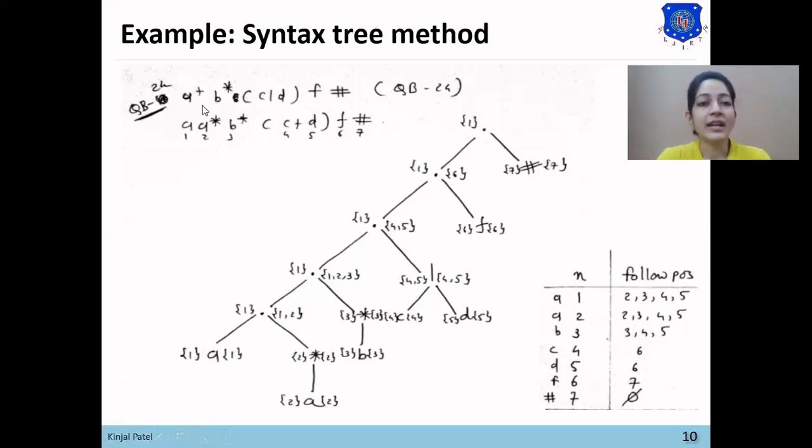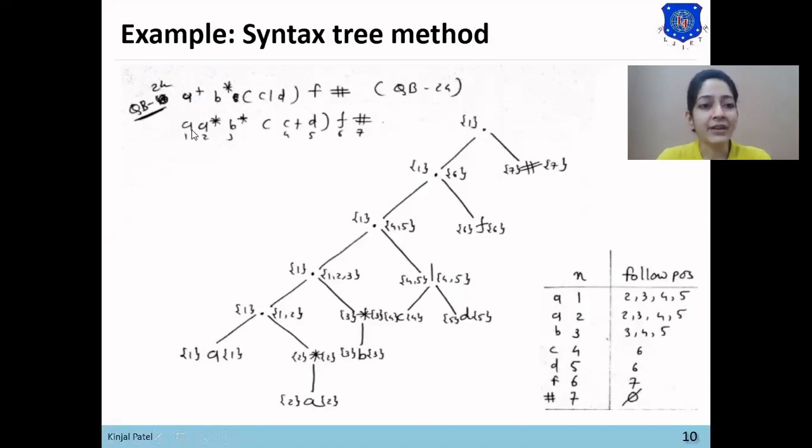Now, as we have discussed the rules for different operators and input symbols, there are no rules for positive plus. So when there is a positive plus in the expression, we need to convert it into the form of Kleene star. As we know, positive plus means one or more strings and Kleene star means zero or more strings.